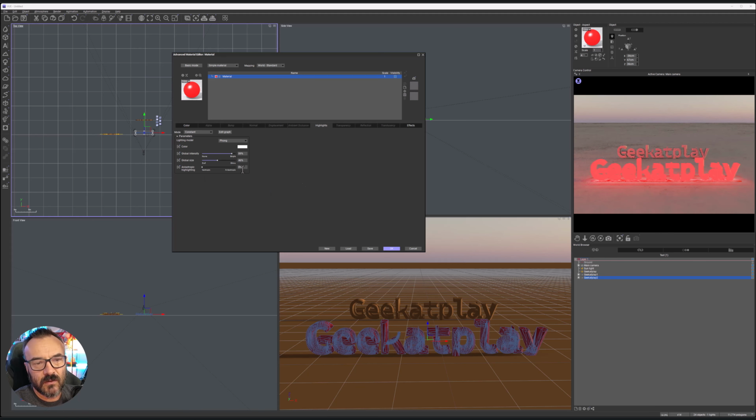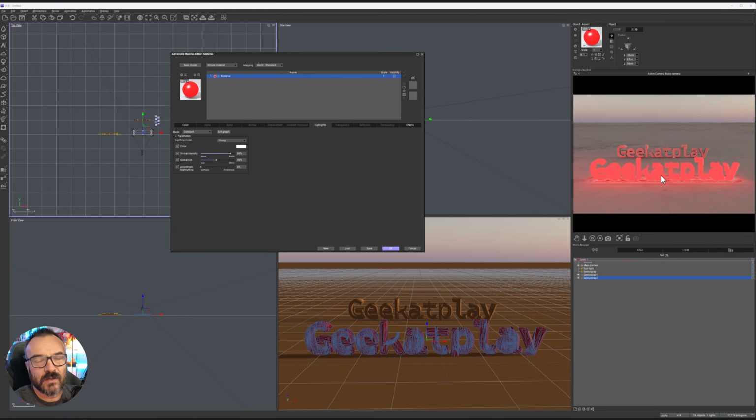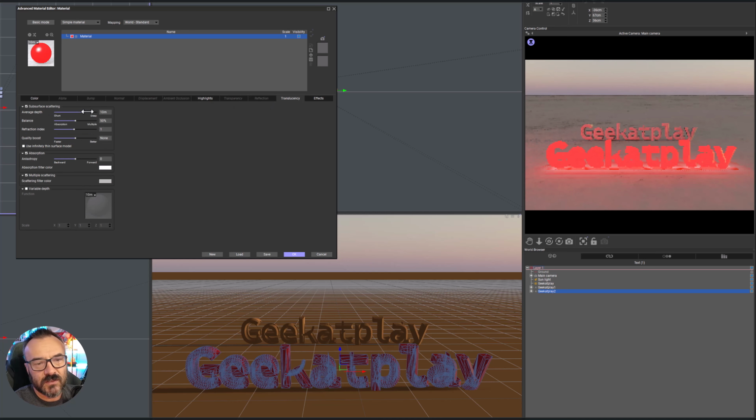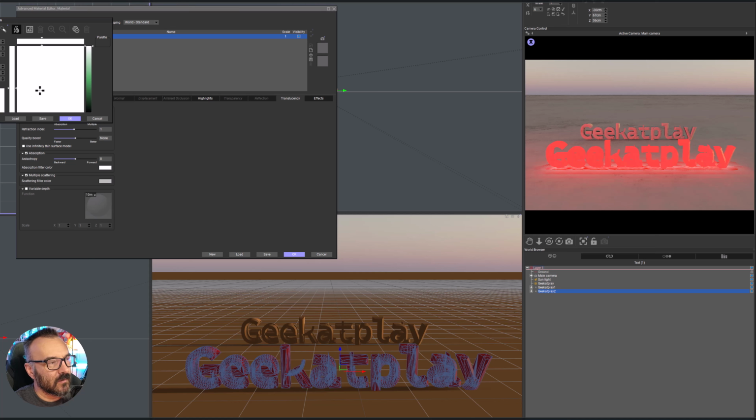Let's go right there maybe. So yeah, like right there, see, we can create kind of cool stuff. Well, anyway, you can play with this. Also effective for the tubes. If you have a translucency, a little bit added to the materials, that will affect as well. So you can create more interesting